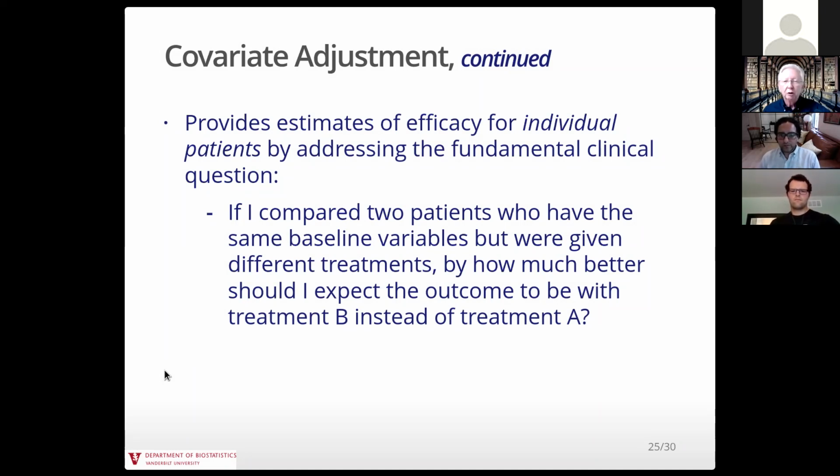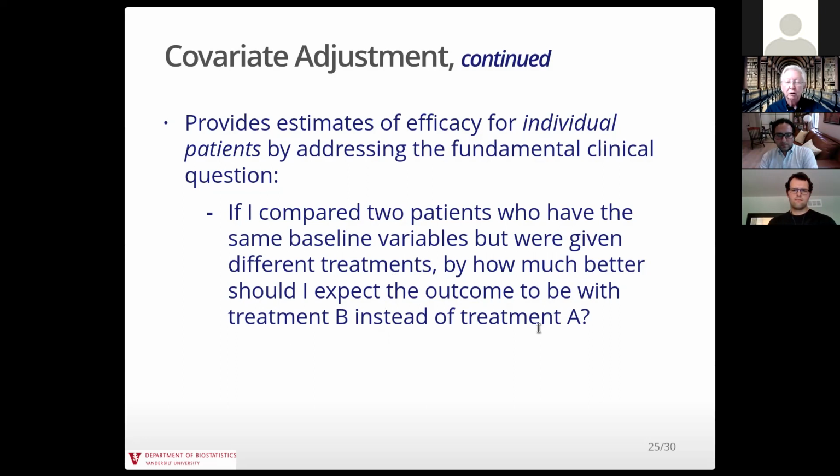So the fundamental question of a parallel group clinical trial is, if I compare two patients who have the same baseline variables but were given different treatments, by how much better should I expect the outcome to be with treatment B instead of treatment A? So that's really all about precision medicine. So taking into account covariates